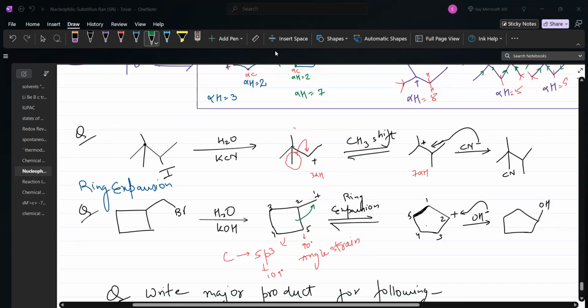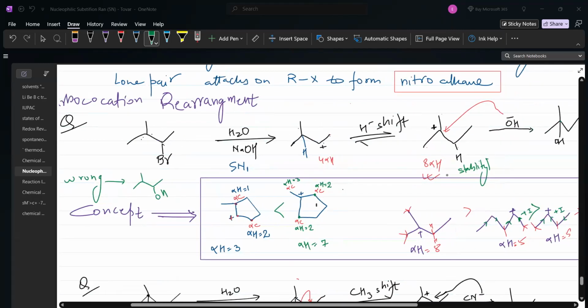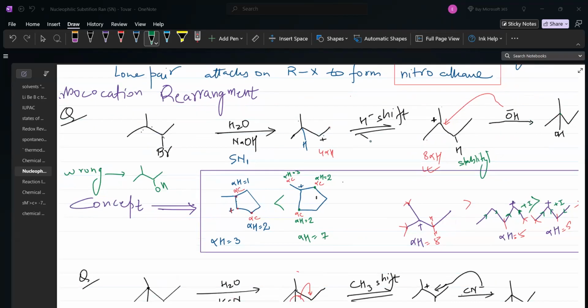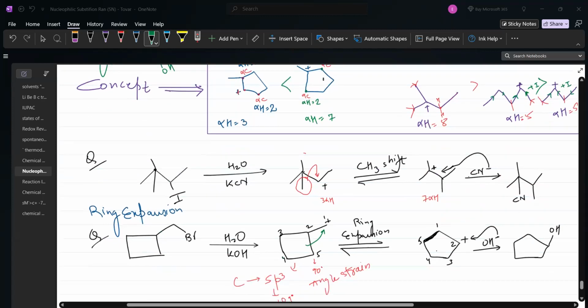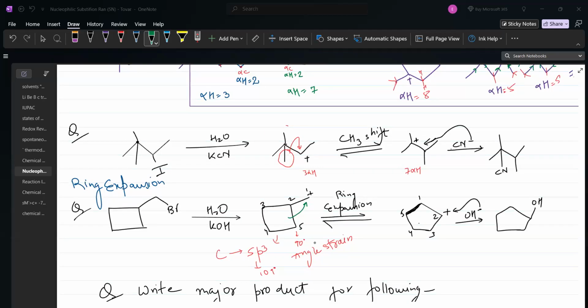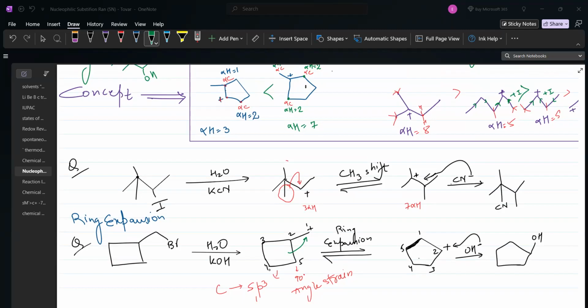Yes, sir. Okay. See, the reason behind carbocation rearrangement is stability. As alpha hydrogen has been increased from 4 to 8, because of stability, the carbocation will rearrange itself. Hydride shift is also possible, and methyl shift is also possible. In this one also, 3 alpha hydrogen, 7 alpha hydrogen. The ring expansion takes place because of angle strain. All the carbons in this ring are sp3 hybridized, right? Yes, sir. So